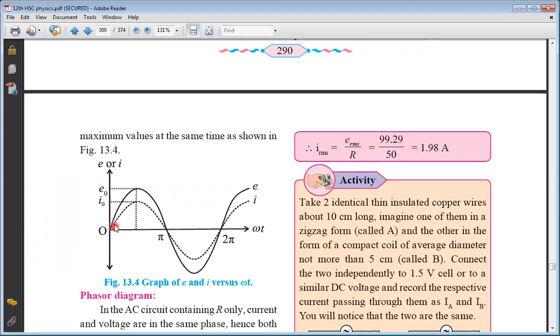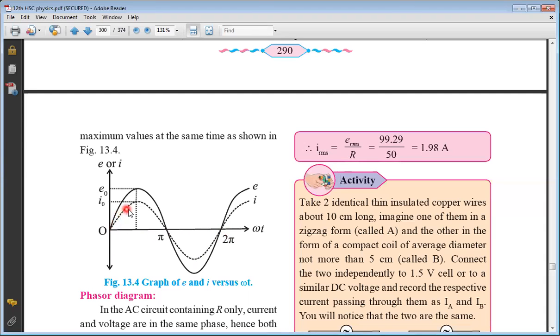Now look at the variation of instantaneous EMF. It is like this. Look at the variation of instantaneous current. It is exactly like this, shown by dotted line. This I is instantaneous current, E is instantaneous EMF, small e. Now, when instantaneous EMF goes on increasing, instantaneous current goes on increasing. When instantaneous EMF reaches a maximum value, current reaches a maximum value. When instantaneous EMF is decreasing, current is decreasing. When instantaneous EMF is 0, current is 0. When instantaneous EMF goes on increasing in opposite direction, current goes on increasing in opposite direction. When instantaneous EMF is maximum in opposite direction, instantaneous current is maximum in opposite direction. When instantaneous EMF goes on decreasing in opposite direction, current goes on decreasing. When instantaneous EMF becomes 0, current becomes 0.